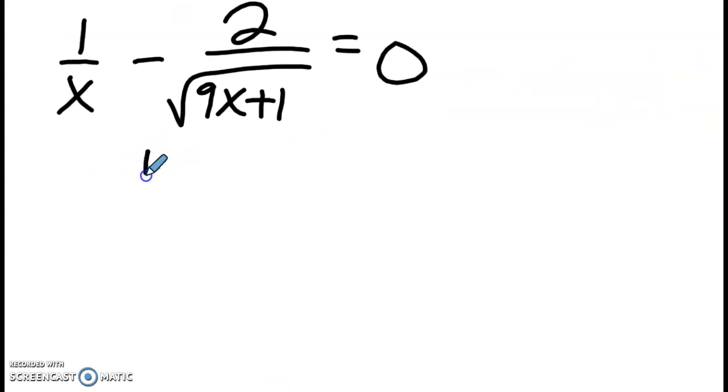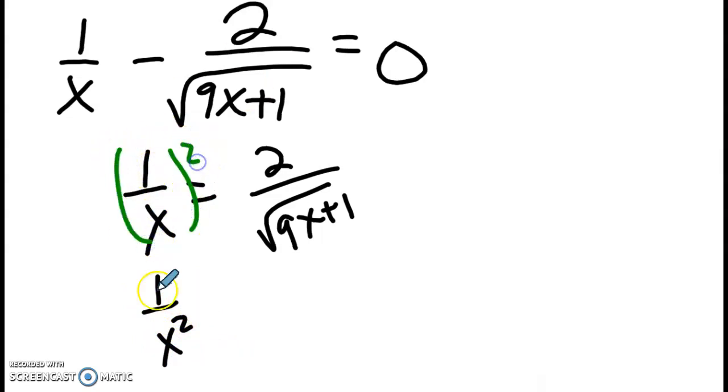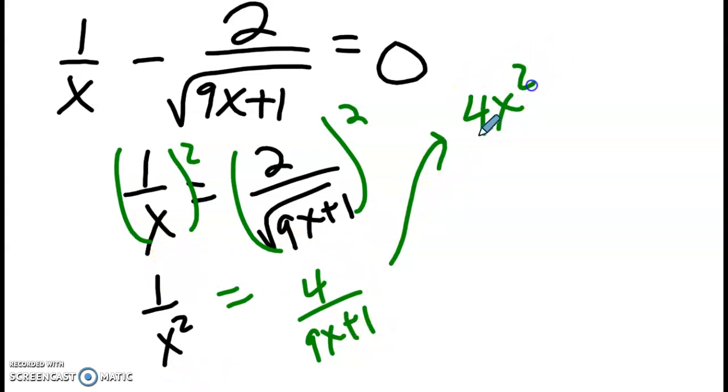Again, we need to isolate our square root. So I'm going to add the 2 over the square root of 9x plus 1 to the other side. And then when I square both sides, this becomes 1 over x squared. When I square this side, I get 4 over 9x plus 1. We've solved rational equations before. I'm just going to cross multiply if that's okay. 4x squared equals 9x plus 1. And then I have another quadratic